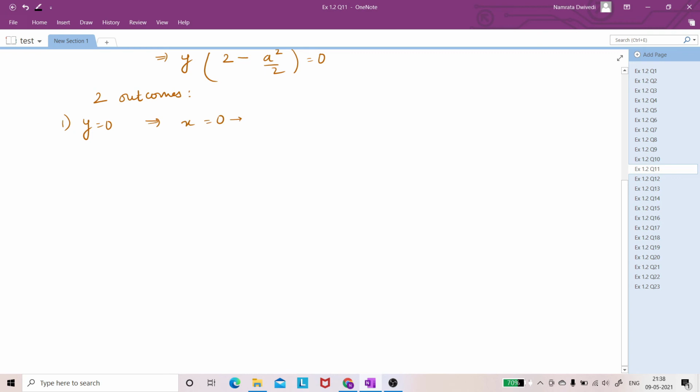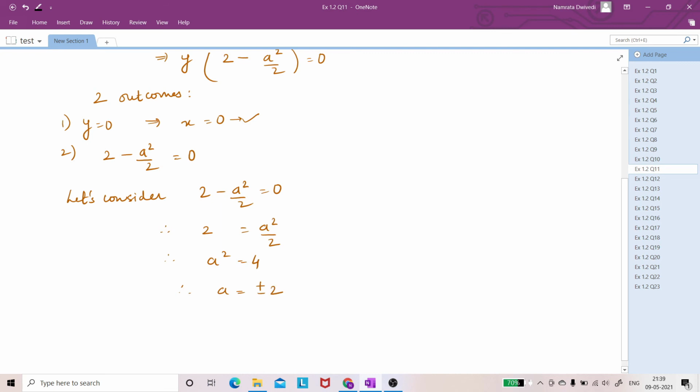Okay, got it? Now second one is 2 minus a square upon 2 is equal to 0. Yes, so let's consider this one. So let's consider 2 minus a square upon 2 equals 0. So therefore 2 equals a square upon 2. Therefore a square is equal to 4. Yes, so therefore a is equal to plus minus 2. Am I right? Okay, so now we see that,